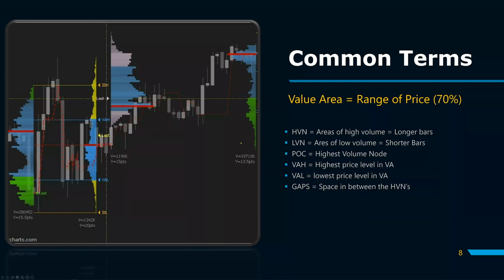Everybody can see my screen still. Nick D, your screen is blocking. Everybody see it? We still good? Yeah. Okay. Good. All right. So